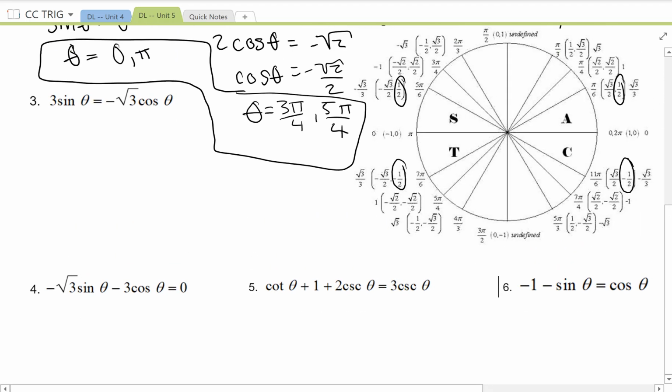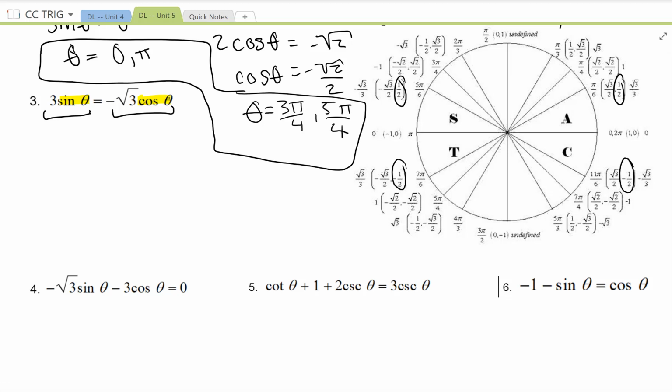Continuing on, we have a sine and a cosine. That's it. I cannot turn sine into cosine or cosine into sine unless it's a squared term. Okay, but I noticed that I only have 2 terms. I have the product of 3 sine theta is equal to the product of negative root 3 times cosine theta. If you only have 2 terms, no constants, no extra things after you've combined, and you have a sine and a cosine,